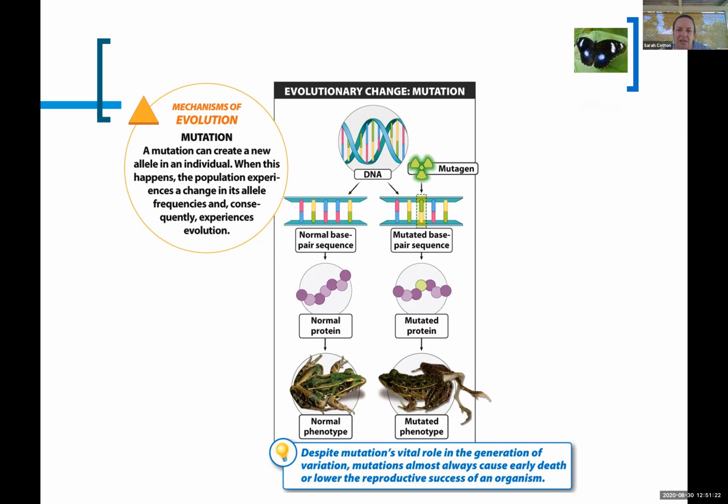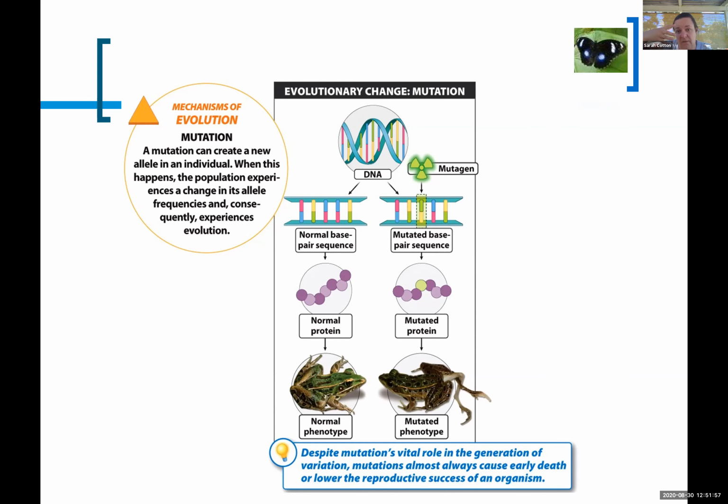So it creates changes in how abundant certain traits are, but the only way to get completely new traits is through mutation. And so we're not going to talk about mutation for a little while. This is a little bit down the road, okay? But we will get there, okay? A mutation is a change to DNA, which ends up with a change in a gene, which ends up with a change in the way that a particular trait is expressed, okay? So more about mutations later, but that's our fourth